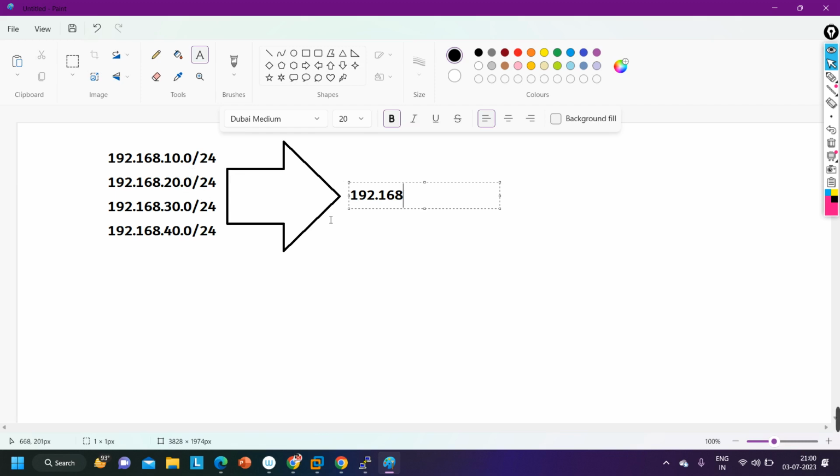How to perform it? Like I want to summarize these four networks. So what will be the summary address?